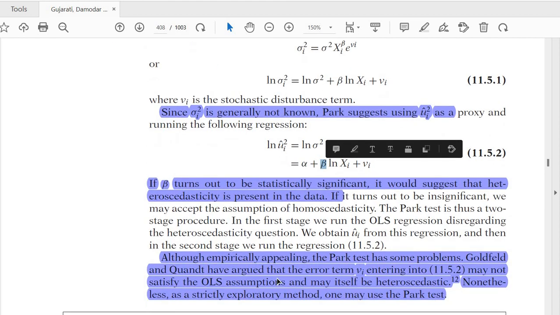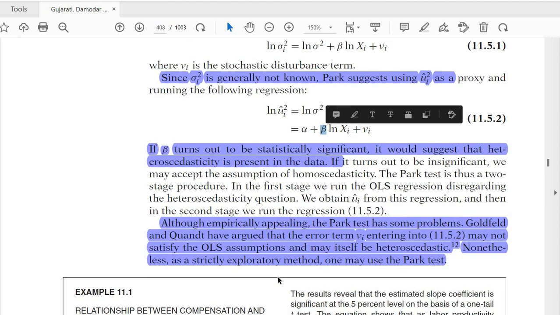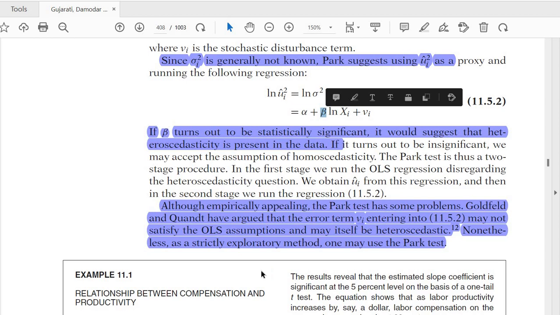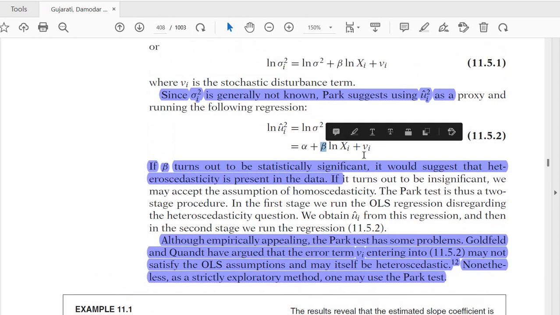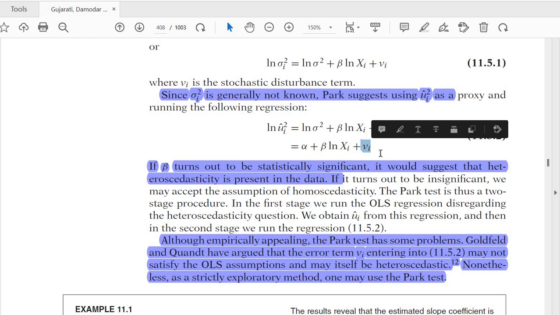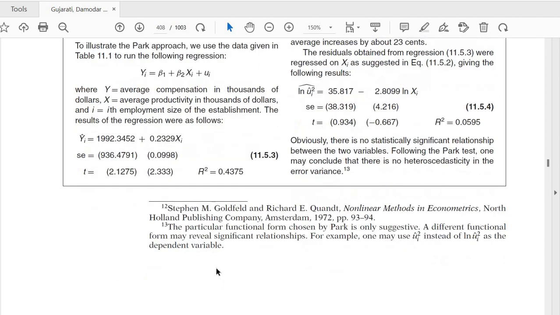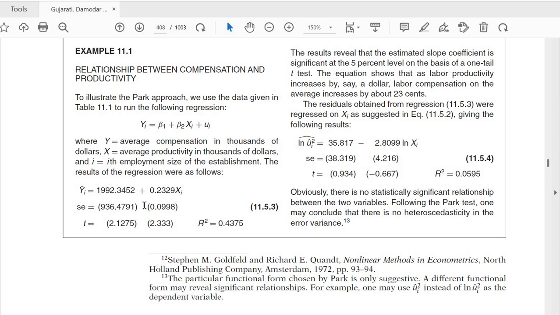और इसमें क्रिटिसिज्म क्या है, इसमें क्रिटिसिज्म ये है कि वो कहते हैं कि जो ट्रांसफॉर्मेशन हुई है, तो आप बेसिकली ओएलएस इसलिए अप्लाई कर रहे हो, आप अज्यूम कर रहे हो कि जो वी आई है उसमें कोई हेट्रो का प्रॉब्लम नहीं है, बल्कि वी आई होमोस्कैडेस्टिक है। लेकिन जो एम्पिरिकल स्टडीज हैं वो ये शो करती हैं कि पार्क टेस्ट ने ये गलत असम्पशन ली हुई है, जो वी आई है उसमें अगर हेट्रोस्कैडेस्टिसिटी भी मौजूद हुई तो इसका मतलब है ये सारा टेस्ट इनवैलिड हो जाएगा। ये इसमें क्रिटिसिज्म है।